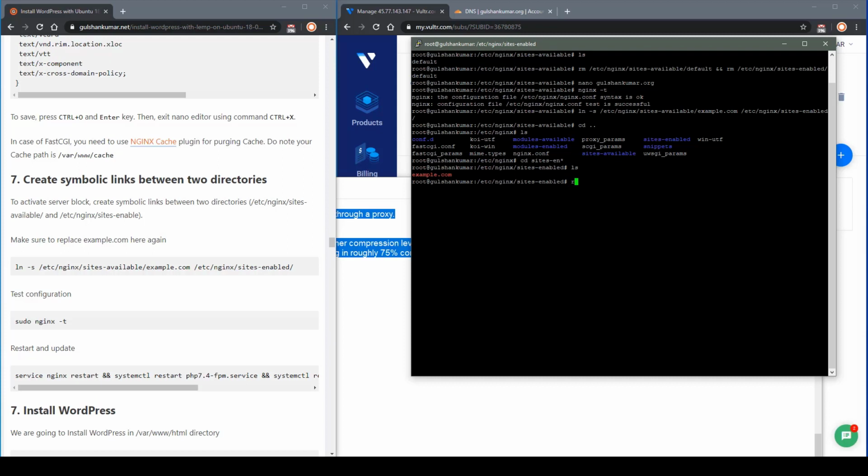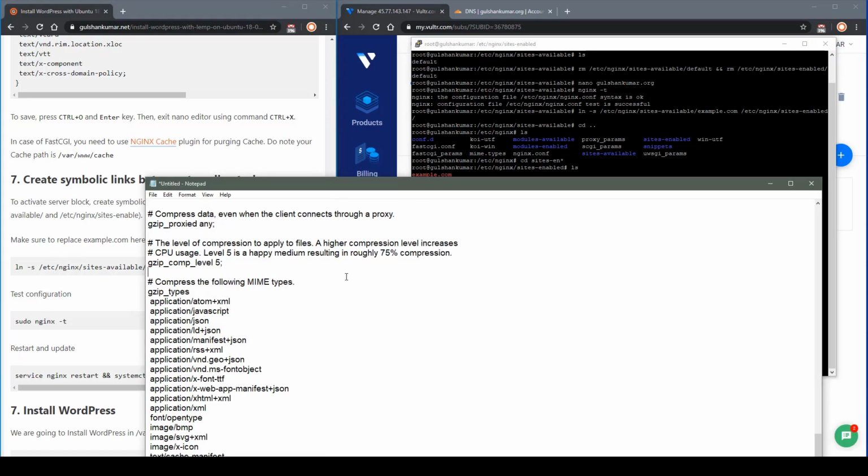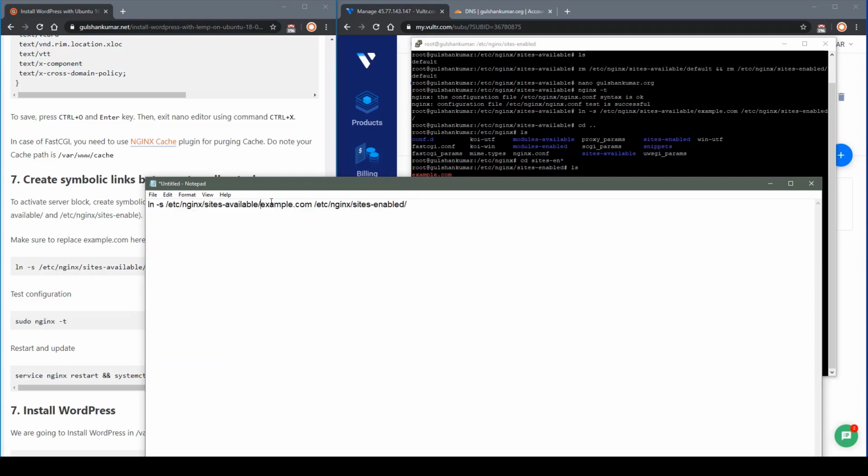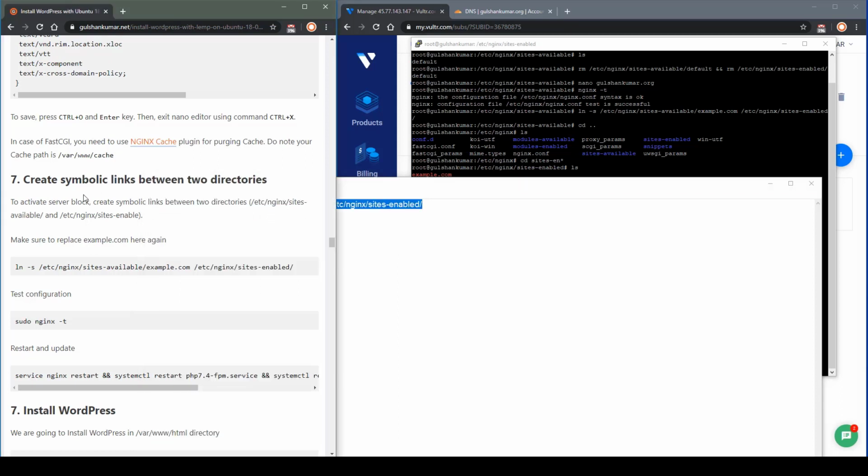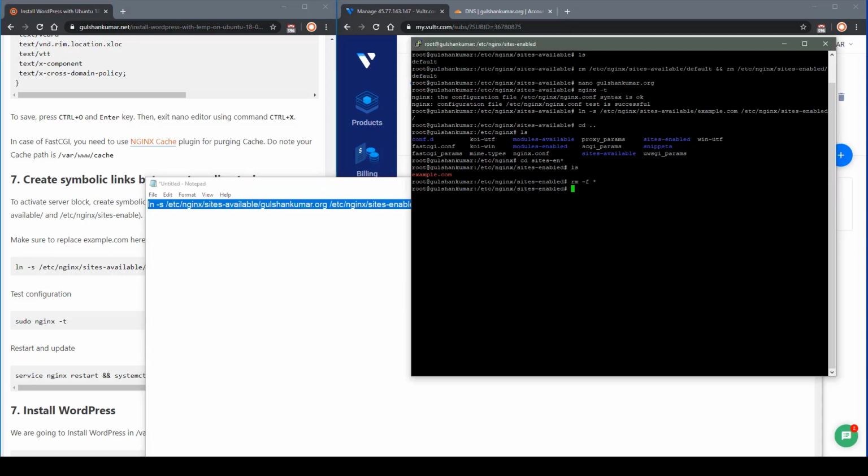That's a problematic thing. I think there was an error in my step. I actually typed example.com, which was wrong. Instead I should type gulshankumar.org. This is a mistake I think many people might make. So when you create a symbolic link, make sure to replace example.com with your domain name.